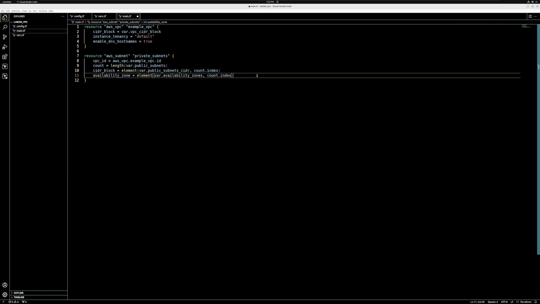For each entry in the map, a separate subnet resource will be created in its own availability zone. Just as with the VPC, we have the CIDR block argument, which specifies the IP ranges for the subnet in the form of CIDR block. Lastly, the availability zone argument specifies the availability zone in which the subnet will be created. This line assigns an AZ to each subnet by selecting an element from the availability zones list based on the current count index. This ensures that each subnet is distributed across different availability zones, which enhances fault tolerance and high